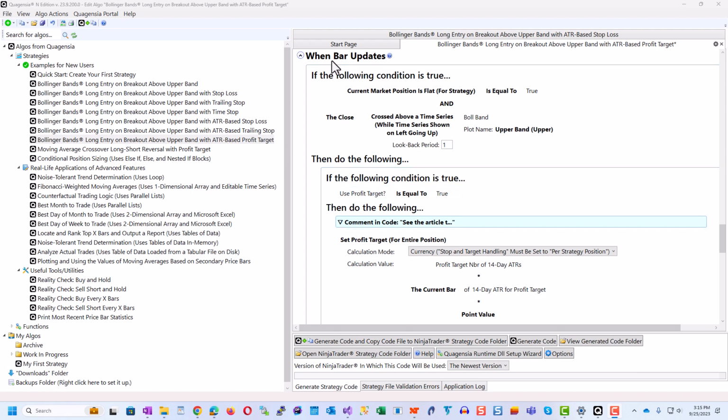I will show you how to add an ATR-based profit target to the WinBar update section of a pre-existing point-and-click strategy for NinjaTrader without code in Quagensia N Edition. We will recreate the logic in this strategy called Bollinger Bands Long Entry on Breakout Above Upper Band with ATR-Based Profit Target by starting with a copy of this strategy called Bollinger Bands Long Entry on Breakout Above Upper Band with ATR-Based Stop Loss, because the ATR-Based Profit Target strategy is almost identical to the ATR-Based Stop Loss strategy, and